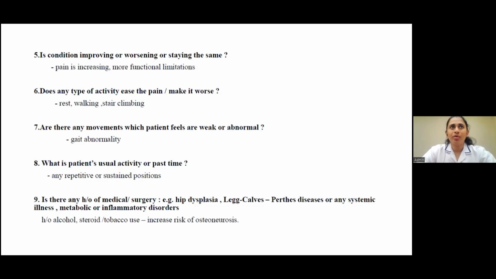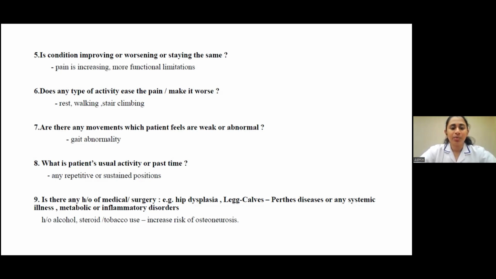Again, talking about what the patient would want to do, or what his or her recreation or pastime is, or what they do in their activities of daily living. If there are any repetitive positions, any sustained positions, so if they have to be sitting in a cross-leg position for maybe 1 hour, 1.5 hours, and immediately after getting up it is causing a lot of pain,